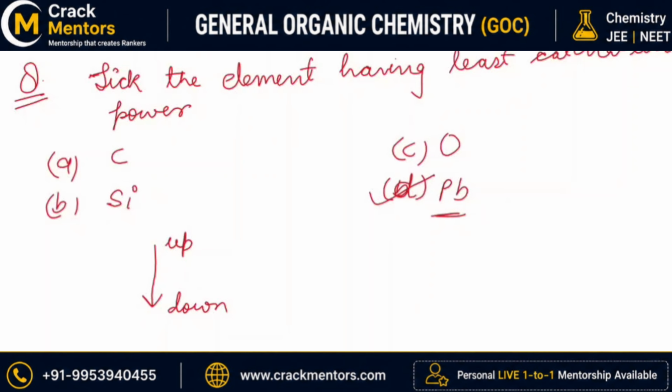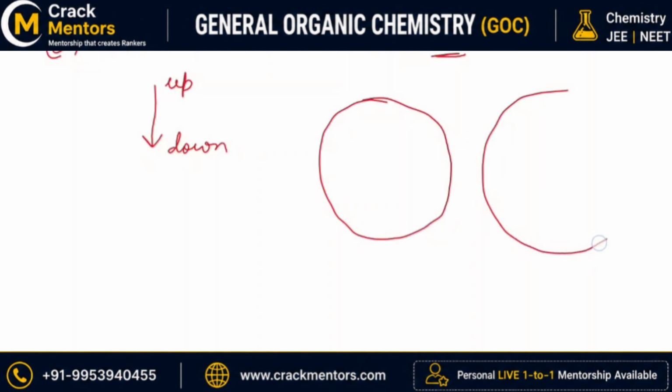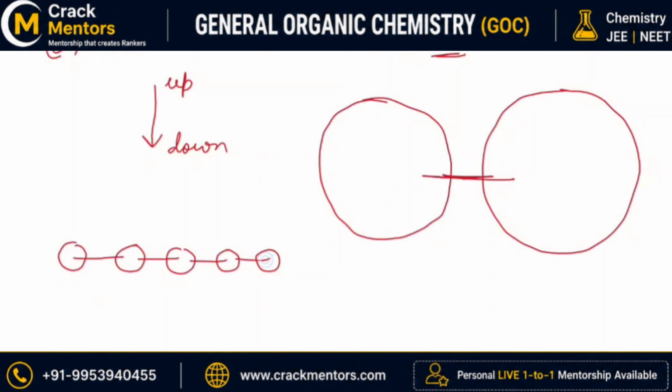Therefore lead has the maximum size, and you know that large size atoms find it very difficult to catenate, to self-link, because a big atom being connected to a big atom causes steric hindrance to rise. But on the other hand, if I give you the example of carbon, that is of much smaller size, so small things are coming together, there will be no hindrance. So in such molecules catenation is possible. I hope this concept is clear to you.